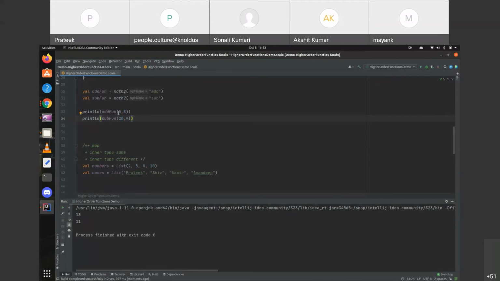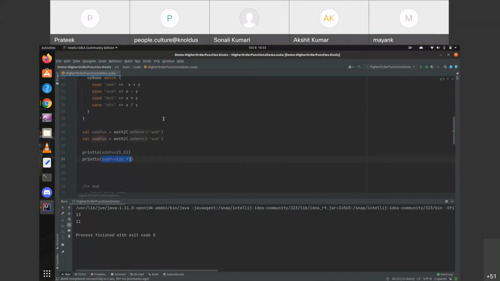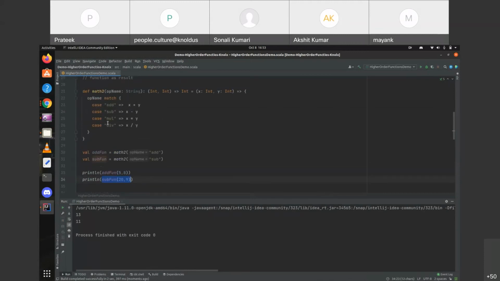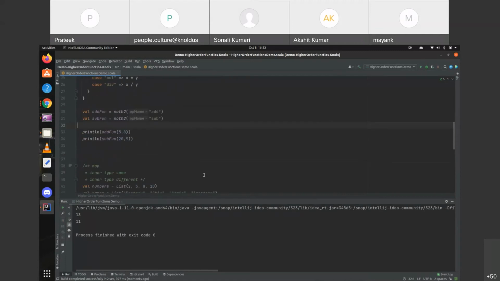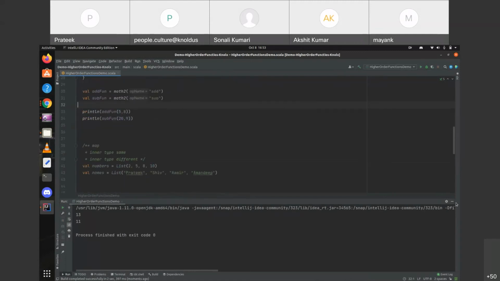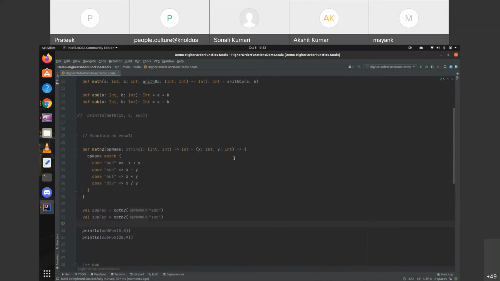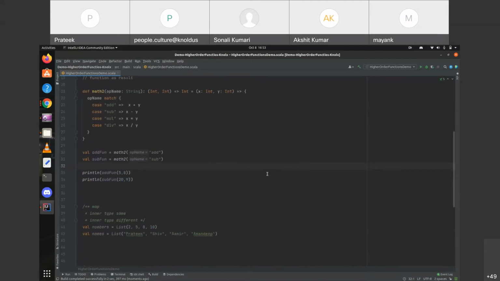See, it's simply returning us the addition, and this one is returning us the subtraction. And similarly, we can also define the multiplication function and the division function. That will also work the same way. So this was all about the function as a result.